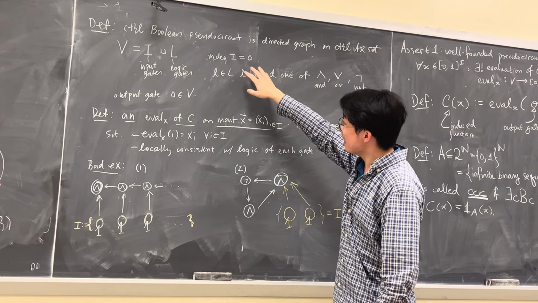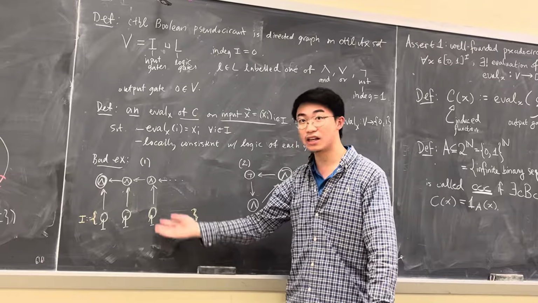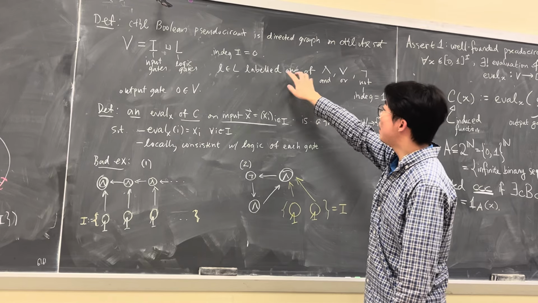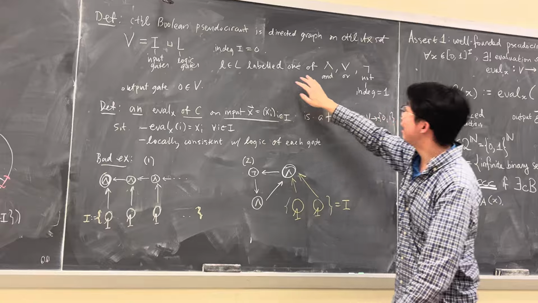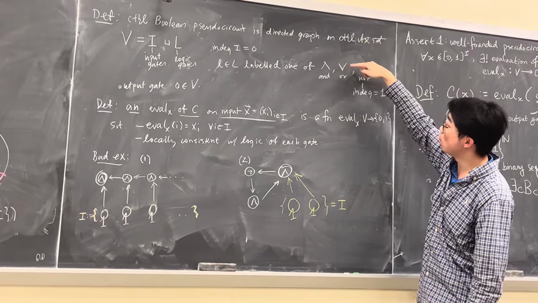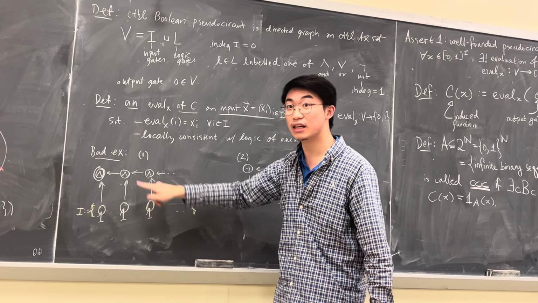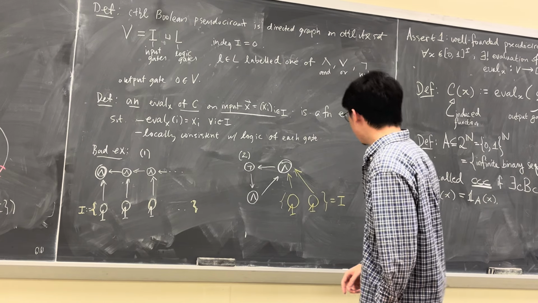Okay. The in degree of any input is 0. So for these input gates, there's nothing being fed in. But for all the other logic gates, which are labeled one of these three symbols, and, or, not, those guys might have things connecting into them. Okay. So for example,